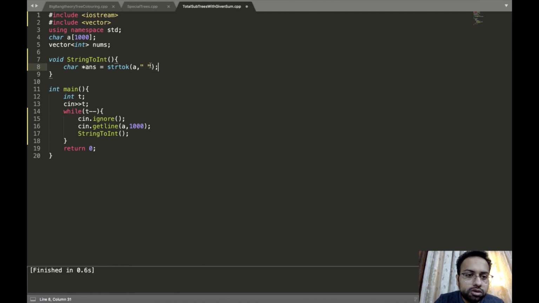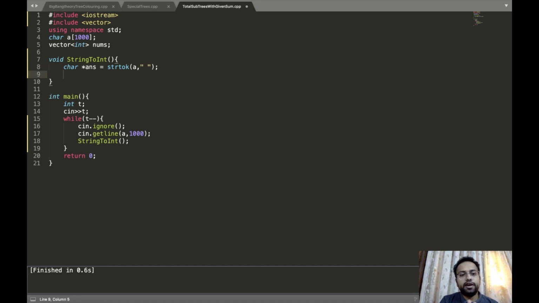Please make sure that you use double quotes for this, because the string tokenizer function takes the delimiters in the form of a string. Delimiters are the characters around which you want to divide your entire string. So it will take characters one by one, and it will give you those particular strings which are divided around the space.